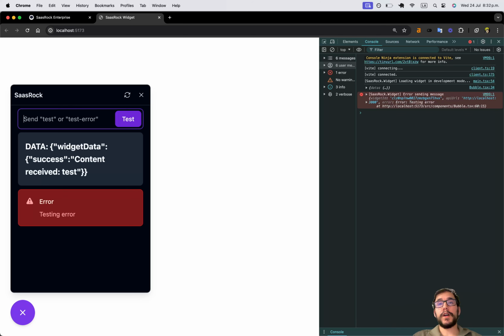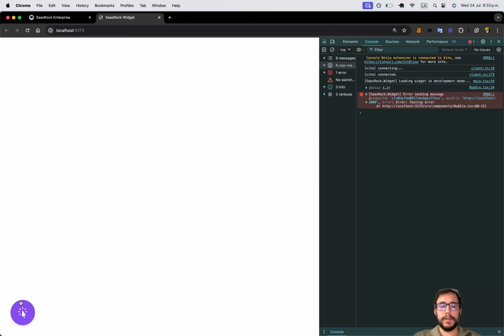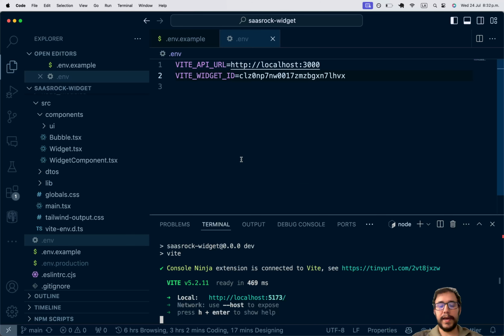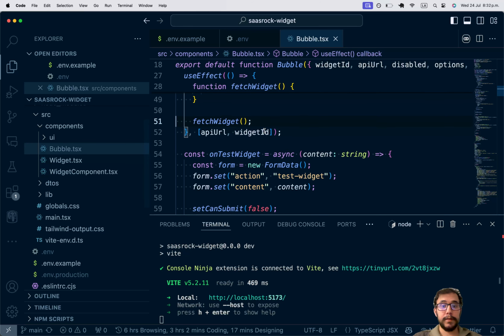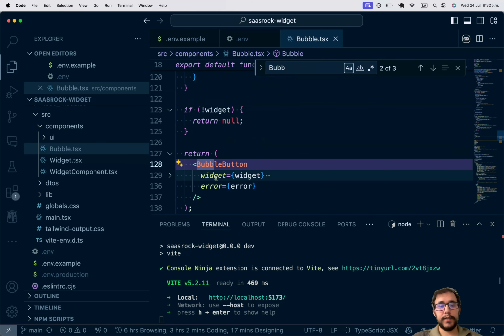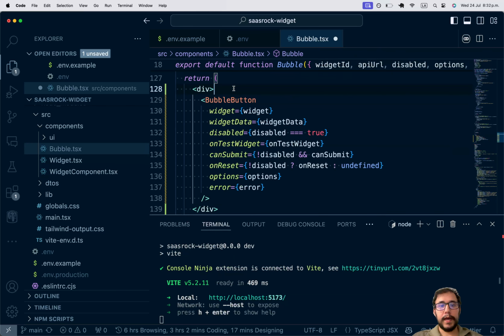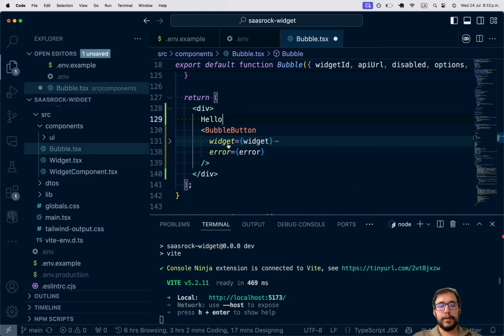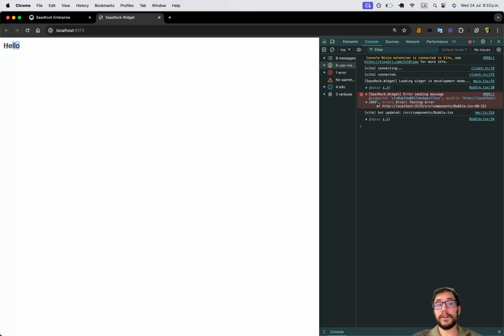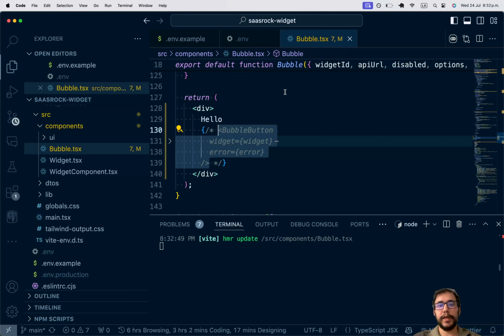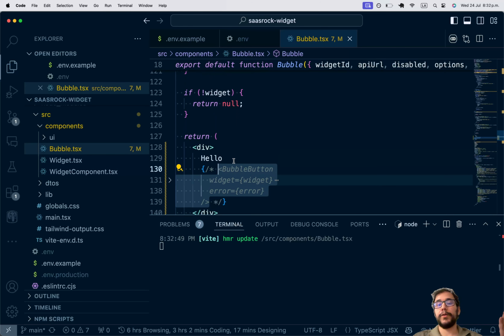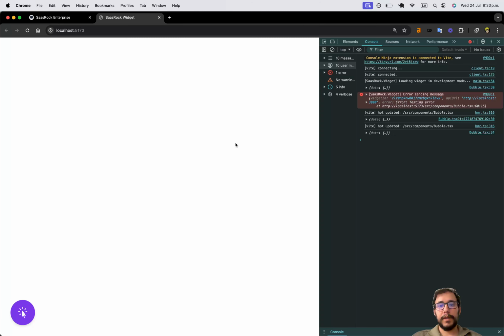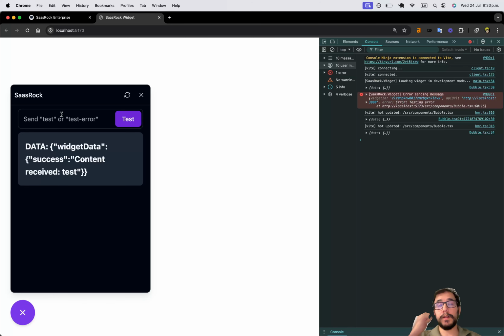But if you are building something like an analytics tracker, you don't even need the bubble. In that case, you will do everything behind the scenes. So where you have the bubble, instead of returning the bubble button, like here, you can return, I'm just going to return hello, just to show you that you don't need to return anything, but the widget is already there. So in this component, you can do whatever you are doing, like tracking something. But in this case, it's going to be a bubble because I will click and then the user will send the